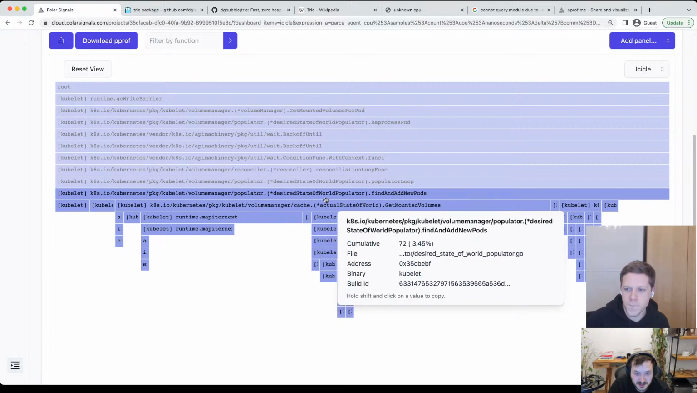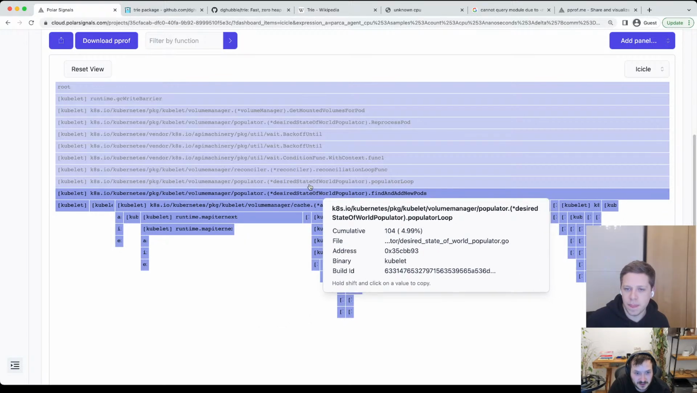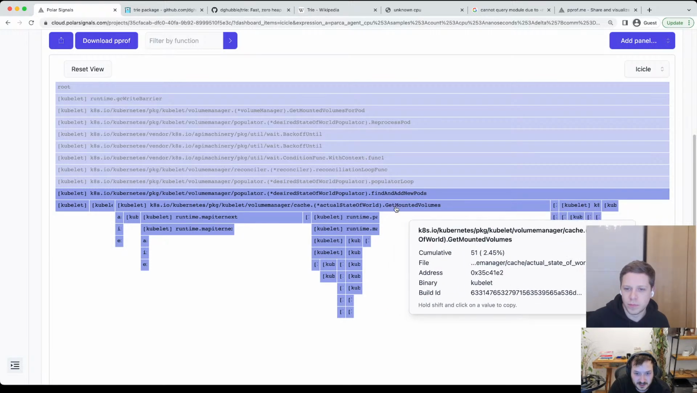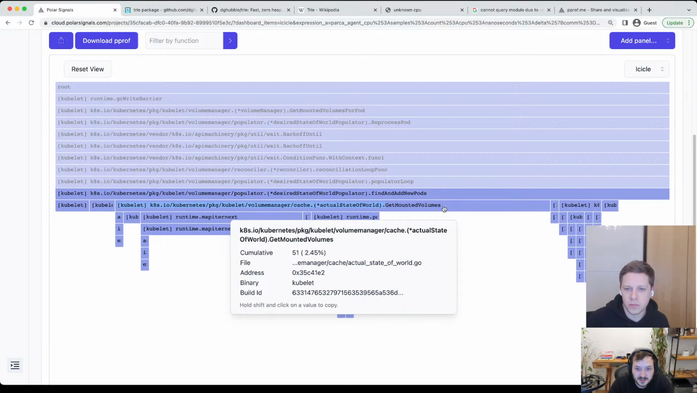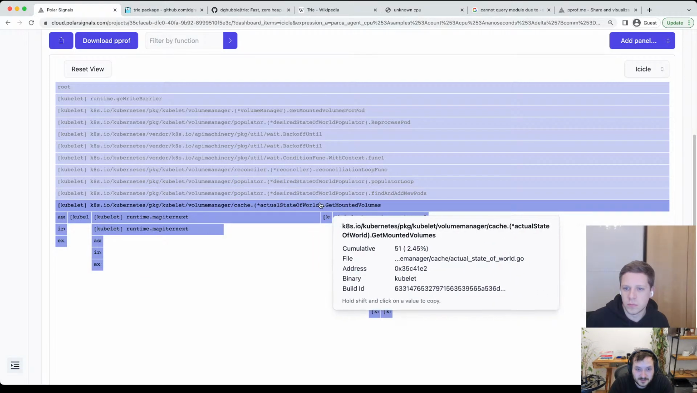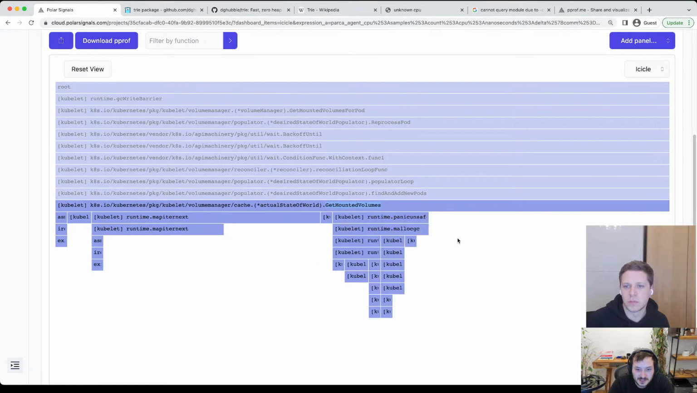Again, map iterations. I know this is the actual state of the world. Aha. This is cool though. And actually, maybe we can pull up a different visualization here. Get mounted volumes. It's not exactly the same thing, but